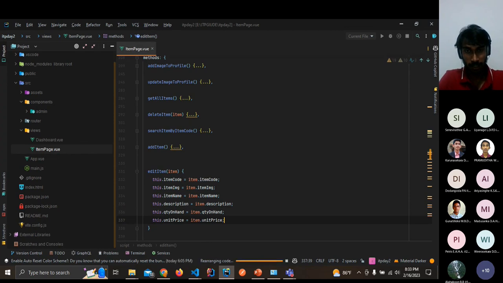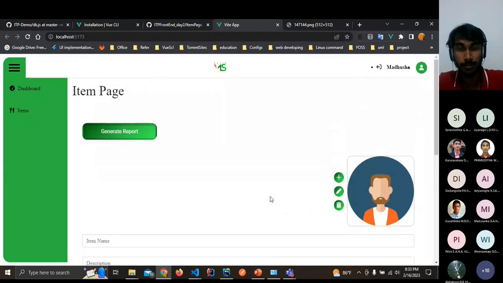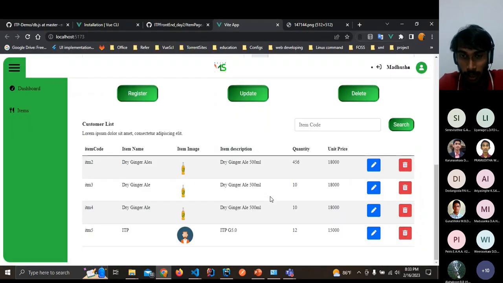Okay, let's see whether this worked or not. Refresh and click the last item. Yeah, the item ITM5 value is in here,